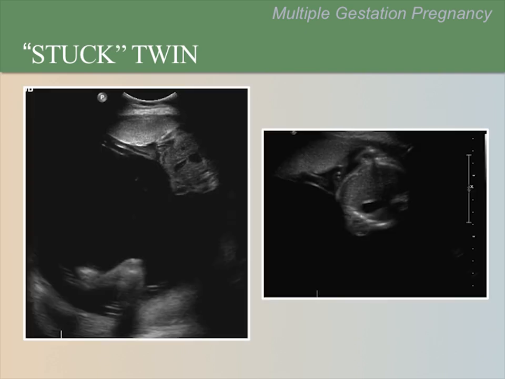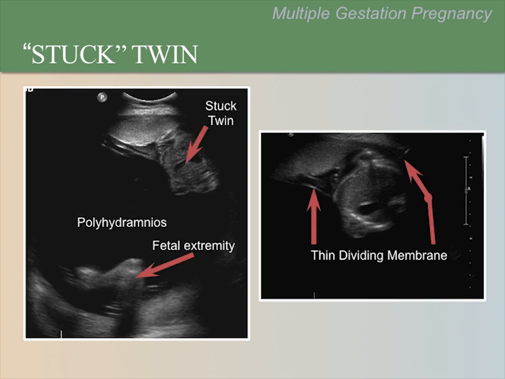This is another example of a stuck twin from a case of twin-to-twin transfusion. In the left image, the upper twin appears stuck to the anterior uterine wall and has very little amniotic fluid, which is called oligohydramnios. You can just see an extremity of the lower twin, which is surrounded by too much amniotic fluid, called polyhydramnios. Here we have labeled these structures and the thin dividing membrane that can be seen in